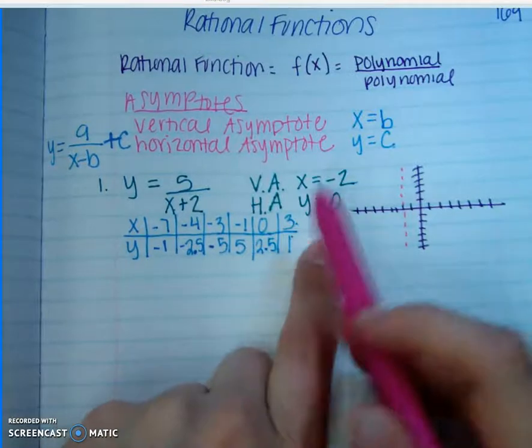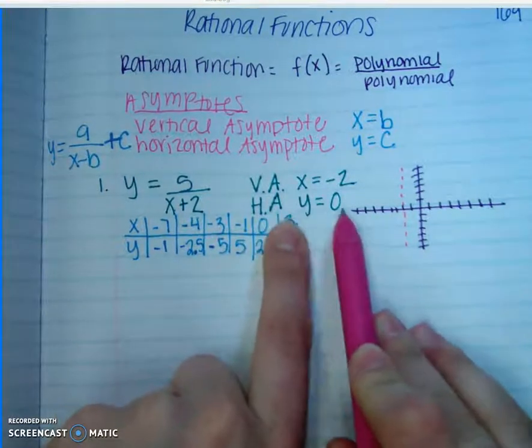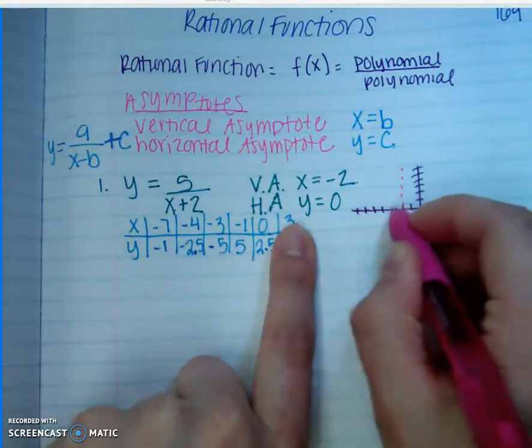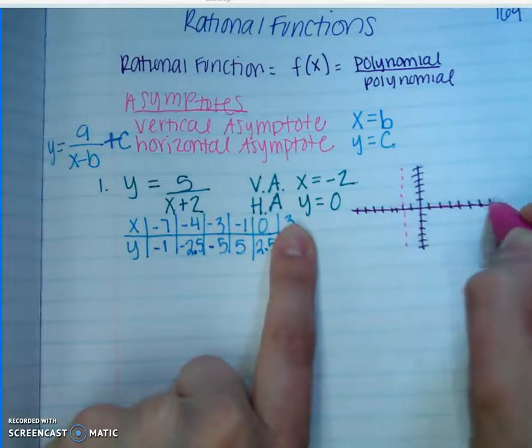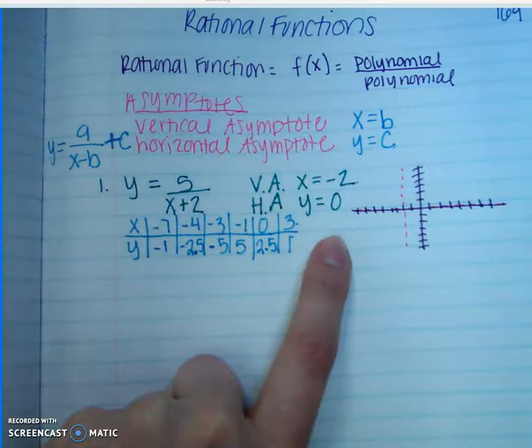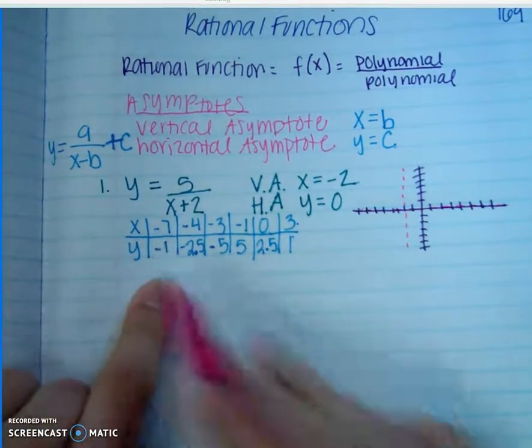And then I'm going to the horizontal. Well, it's when y is 0, so it's really just straight through the origin. It's really just the x-axis. Okay? Now I'm going to plot